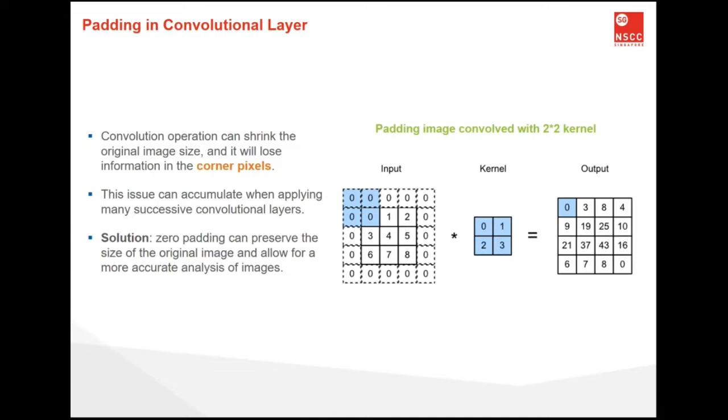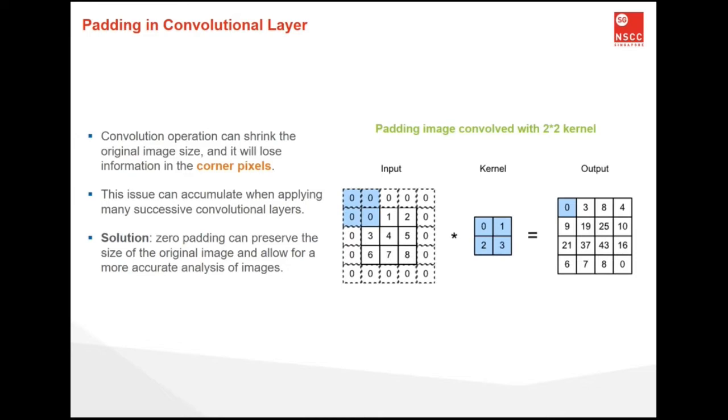There are two problems that arise with convolution operations. Firstly, every time after a convolution operation, the original image size shrinks. As we have seen in the above example, 3 by 3 down to 2 by 2. And in image classification tasks, there are multiple convolution layers. So after multiple convolution operations, our original image will get really small, but we don't want the image to shrink